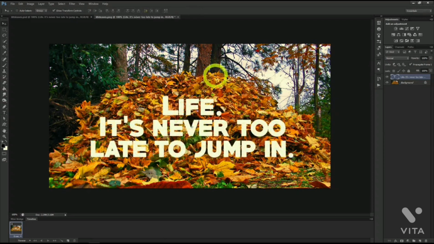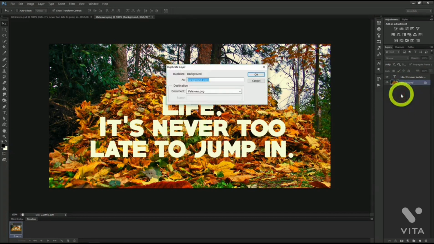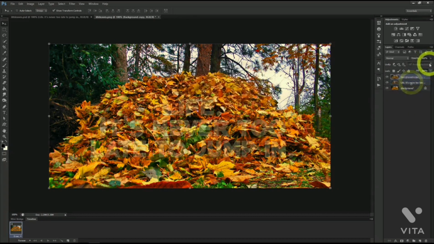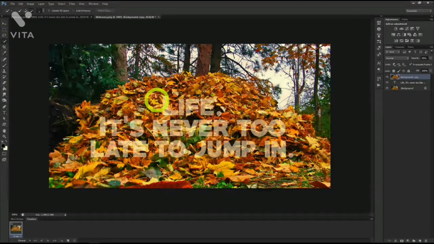To do this, let's create another background layer copy on top of the text. And we can drag the opacity down enough so that we can see the words behind it. Doing this will allow us to see what leaves overlap onto the letters, and we'll begin extracting the letters using the quick selection tool. We'll do this so it has some of the leaves on top to make the letters